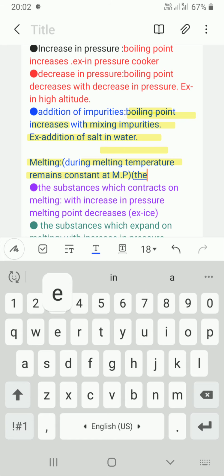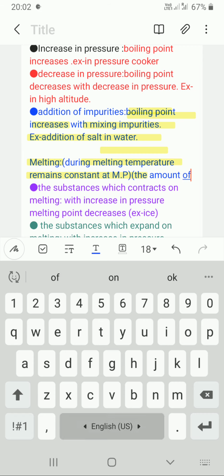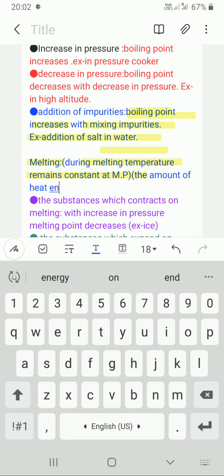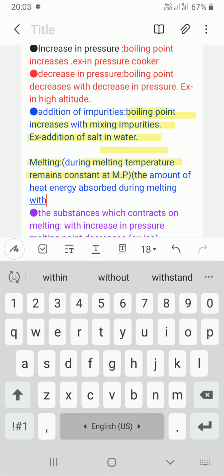The general definition: the amount of heat energy absorbed during melting without any rise in temperature